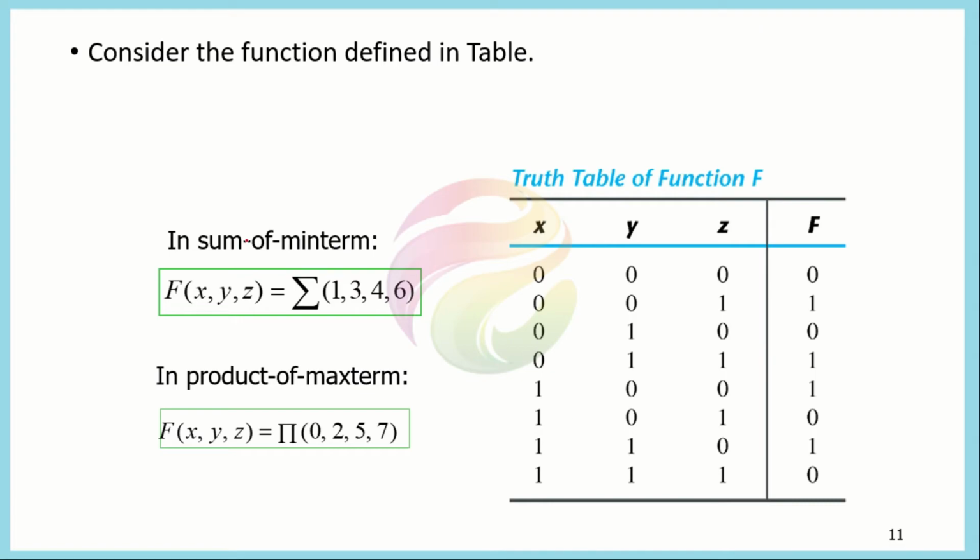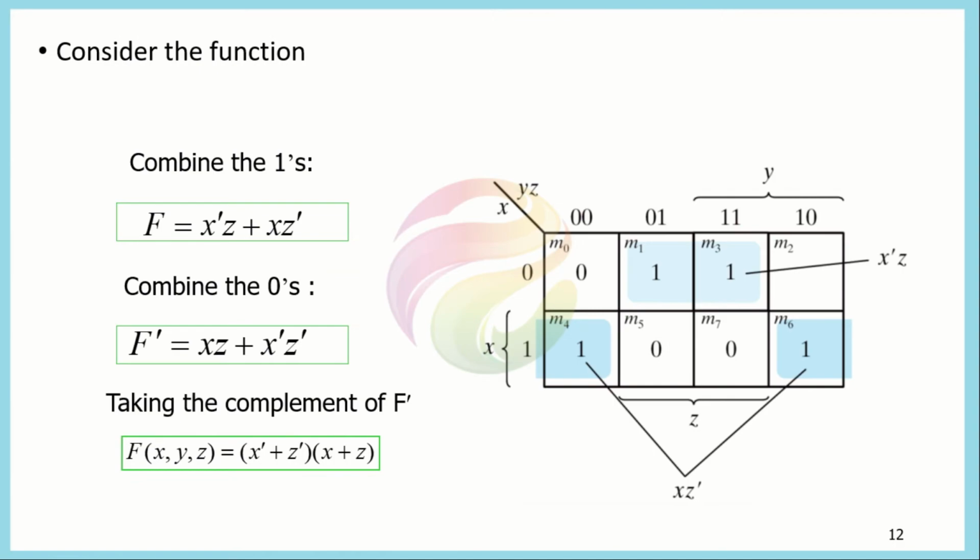For the same thing, for the min terms, as we have told you, you will look at only the ones in the table, while for the max terms, you will look at the zeros that are present in the table, and you can then appropriately design the K map for each of them. If you want to minimize in terms of the complement, then you will look at the zeros.